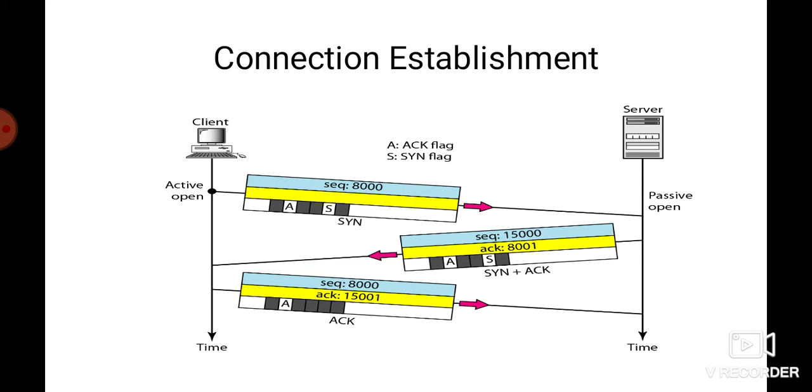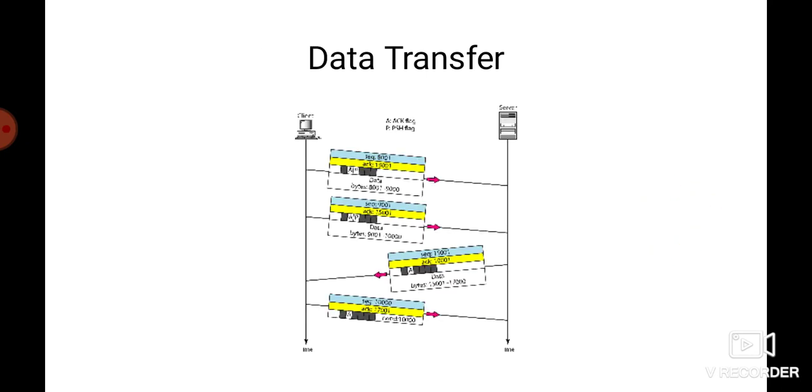In three-way handshaking, the connection establishment works as follows. Let's suppose we have a client. The client wants to make a connection with another application program, known as the server, using TCP. This process starts with the server. First of all, the server program tells its own TCP, since client and server both communicate through their TCPs, that yes, I am available, that means I am ready to accept a connection. This is known as a passive open: the server is available.